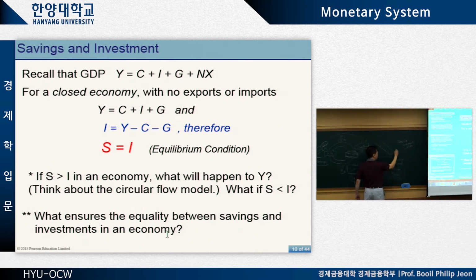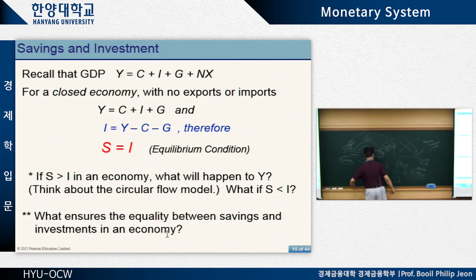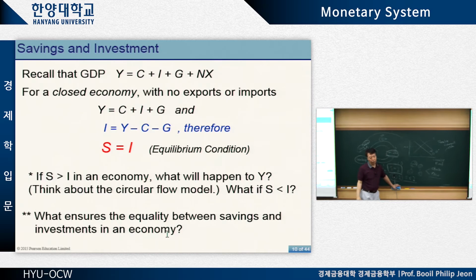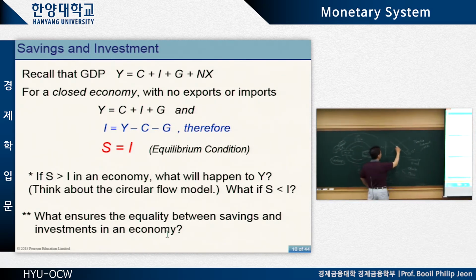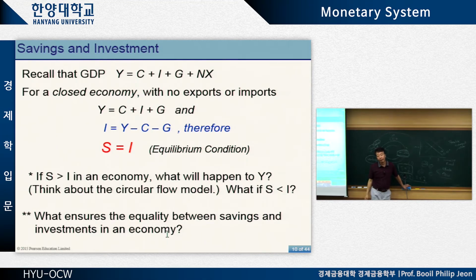What if demand shifts out, right? Then at the original interest rate, this was the original or initial interest rate, right? But if something happens and the demand shifts out, then the saving will be here, investment will be here. They're not going to be equal, right? So, what makes sure that saving will become equal to investment again?